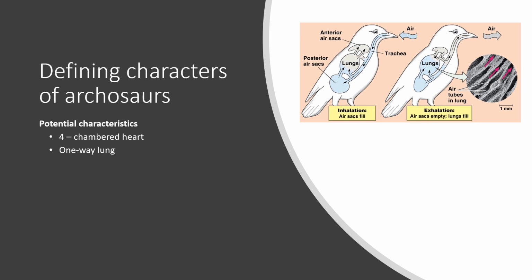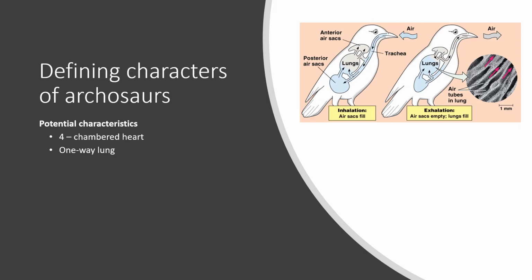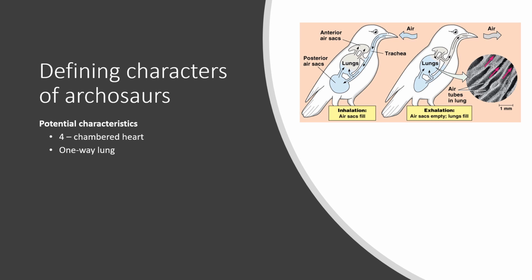It's also been hypothesized that dinosaurs may have had a one-way lung like birds. So we have a two-way lung as a mammal. You breathe in, the air goes into our lungs, and you breathe out, and it comes right back out. What that means is you exchange new air with old air. Now in birds, it passes through the lungs in one direction. That is much more efficient. If you're in the beginning of the Triassic and there's a lot less oxygen, having a one-way lung is much better than having a two-way lung.